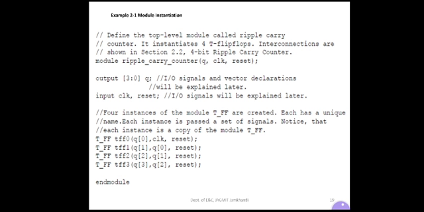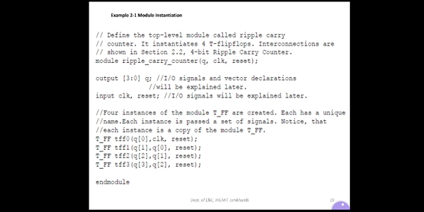Now out of Q, clock, reset, which is input and which is output has to be defined. Output is a keyword here. Then it is a vector 3 down to 0. Why a vector? In the previous class's block diagram of the ripple carry counter you have 4 T flip-flops, each with an output: Q0, Q1, Q2, Q3.